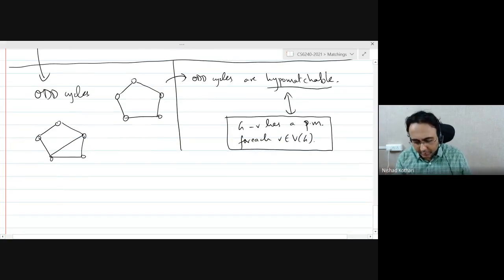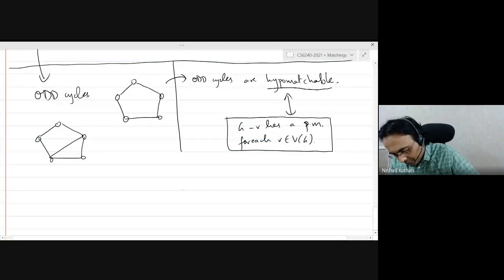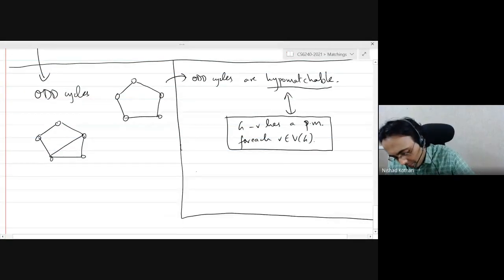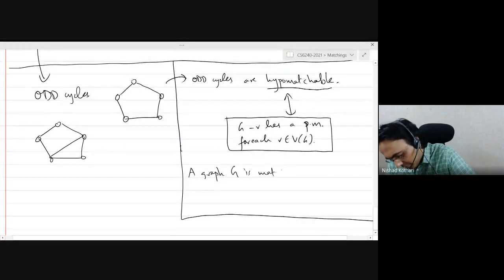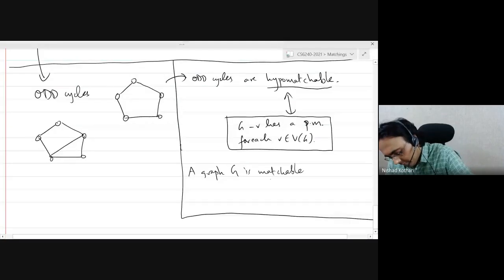Also, why are we calling them hypomatchable? Just for the sake of completeness, we are going to say that a graph G is matchable if it has a perfect matching. Okay.